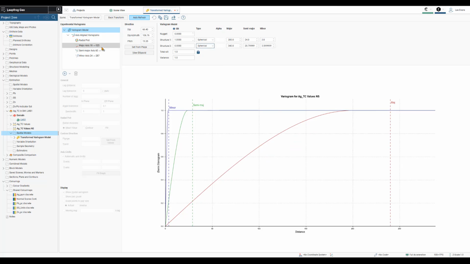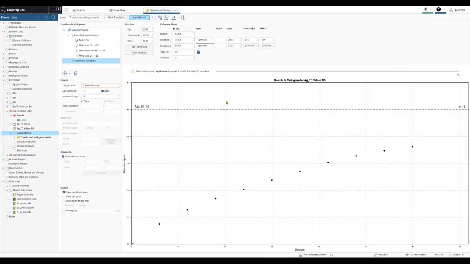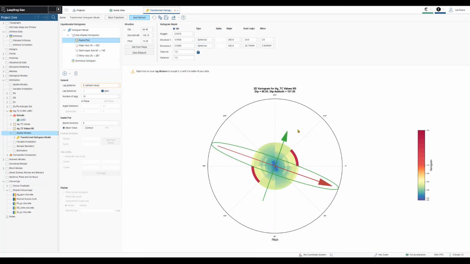Then we do need to obviously address the nugget value of this data, and downhole variogram is slightly hidden under this plus button here. Click there and create a new downhole variogram. This will allow you to set your nugget based on the downhole values, and then I can start looking at the pitch of my actual variogram. So if I set that back to a reasonable value,